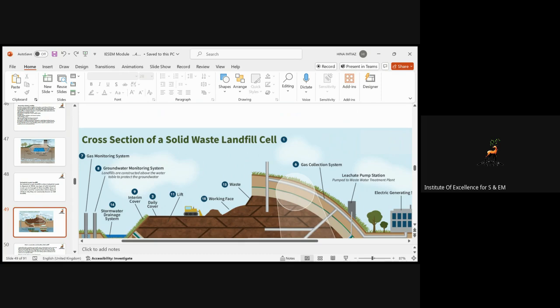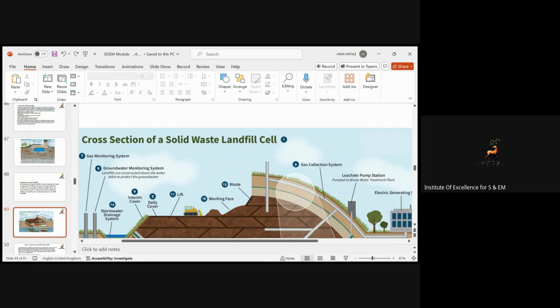So basically, a landfill cell is an open area in a landfill where the waste is placed, because mostly a landfill is composed of one cell at a time. So when one cell is filled, a new cell is opened to accept the incoming waste. But before opening the second one, you have to fill the space which has been left in the first landfill cell. The waste is placed and compacted in each cell in a manner that protects the landfill liner and the landfill gas and the leachate collection system.